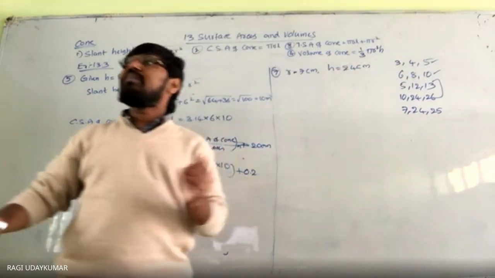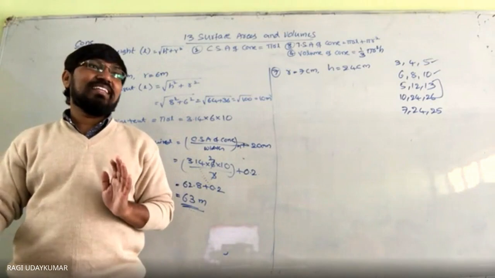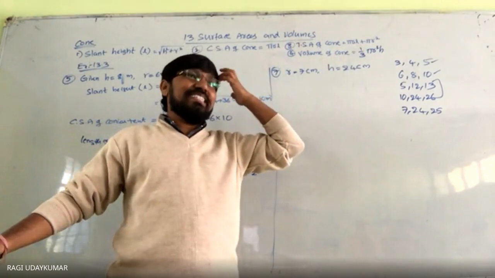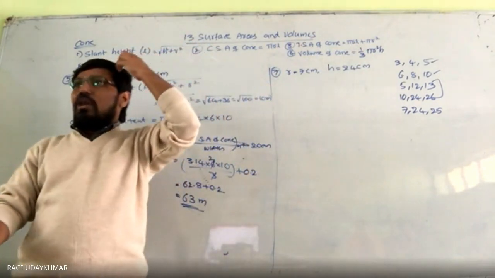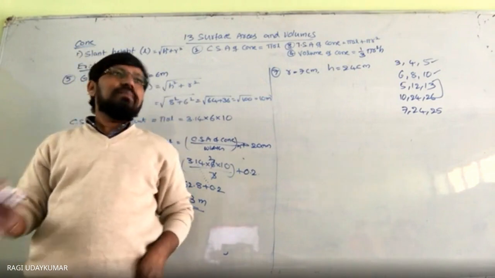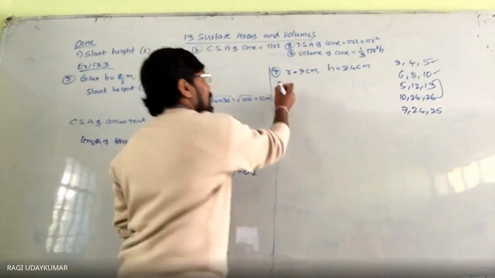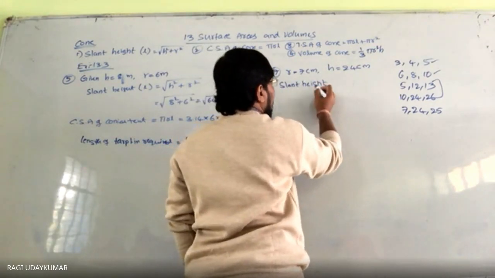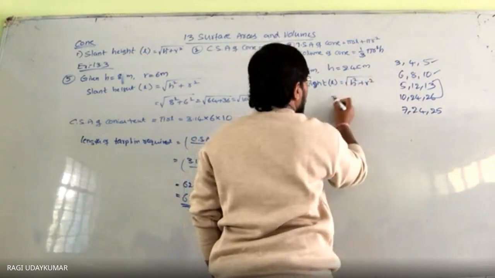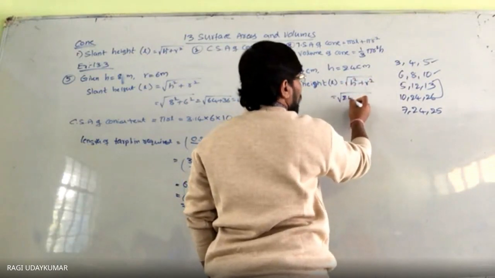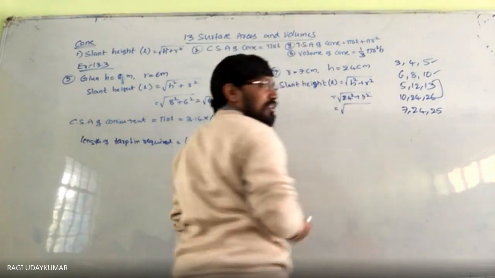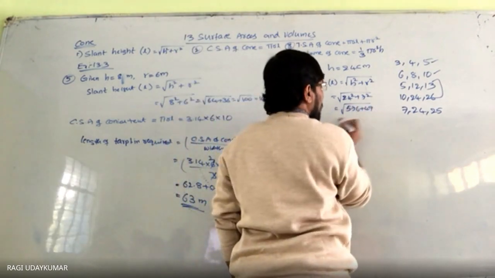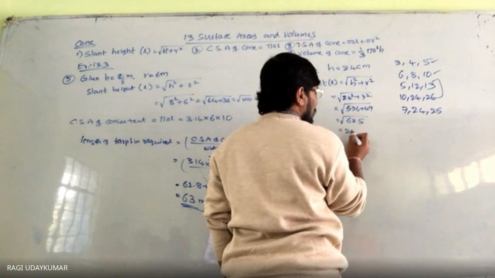So sometimes in competitive exams होता है ना, उधर बहुत ज्यादा यूज हो जाता है. Fast calculation के वो 7 24 देगा, L is equal to 25 directly there you can write. हाँ MCQ में, competitive exams में, Olympiad exams में कभी-कभी यूज हो जाता है. Okay? So now here in this case, slant height is equal to under root of h square plus r square, which is equal to under root of 24 square plus 7 square, which is equal to 576 plus 49, which is equal to 625, which is equal to 25.